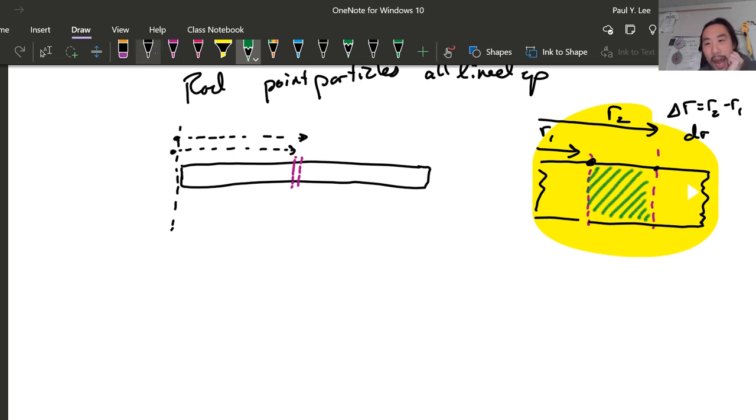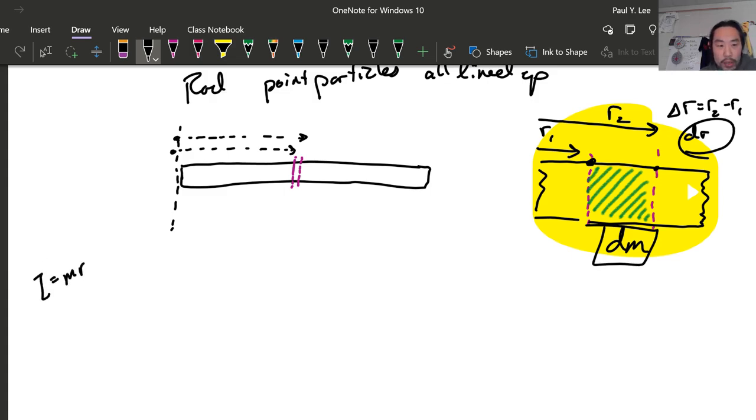And we say that the tiny bit of mass is what we call dm. All right, so here we just went over how we came up with dr, and when we are looking at tiny bits of dr, we are looking at the tiny chunks of the rod, which is dm. So what that brings us is, if we are looking at tiny bits of mass and tiny bits of r, and just as a side reminder, inertia is mr squared,